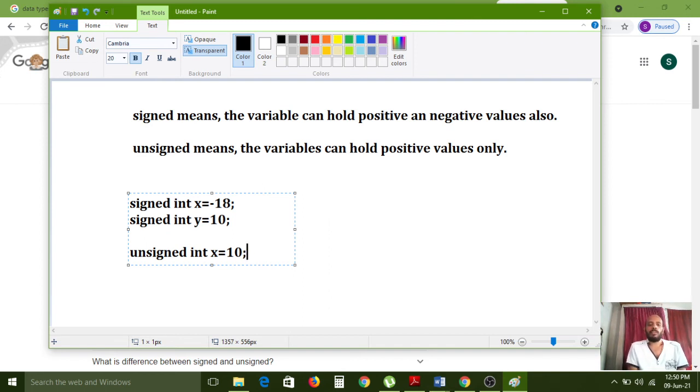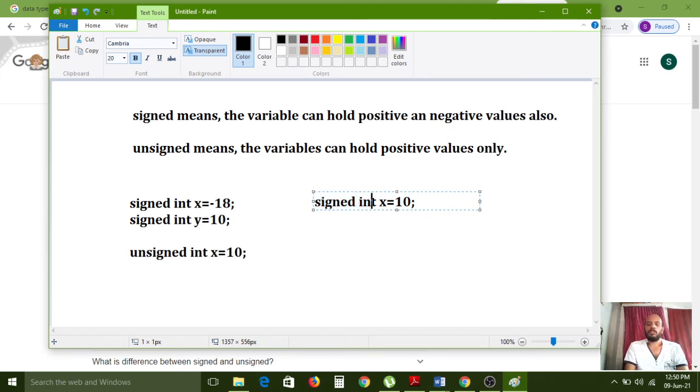By default, carefully observe here. If we write int x equal to 10, the compiler will automatically place the signed keyword. This is the default keyword for any data type.